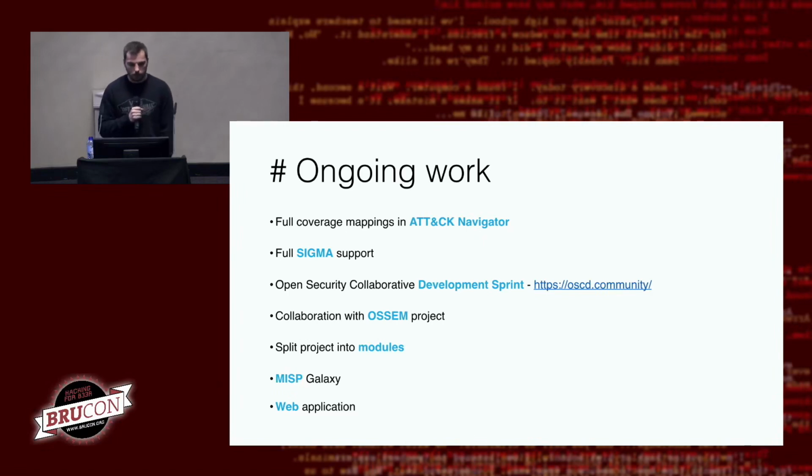OSCEM project is the project from Roberto Rodriguez, which deals with the data dictionary. So it's kind of similar to what we have in our data needed. So to not duplicate the work, we are looking for some kind of collaboration